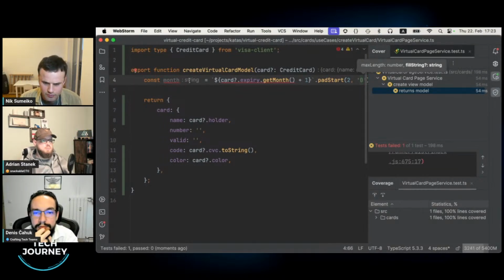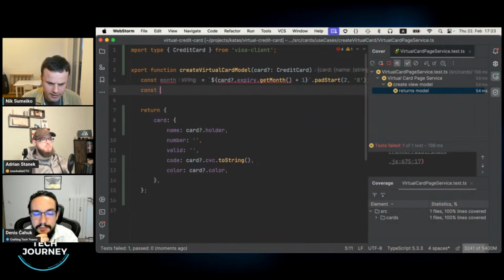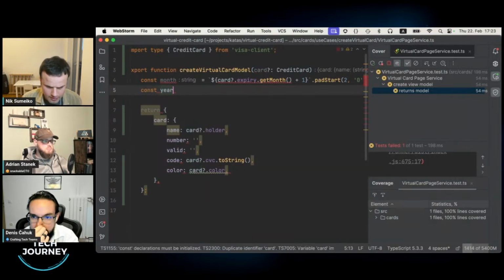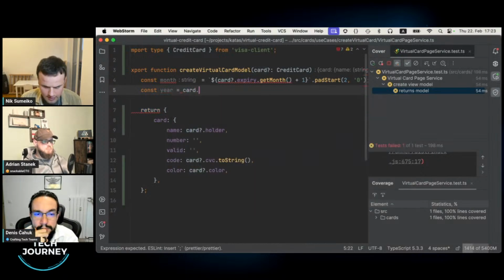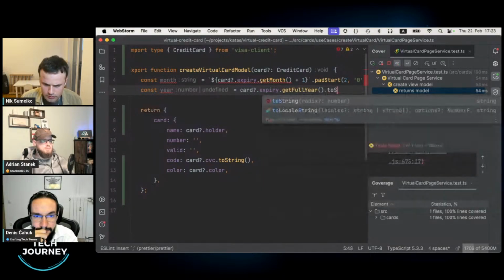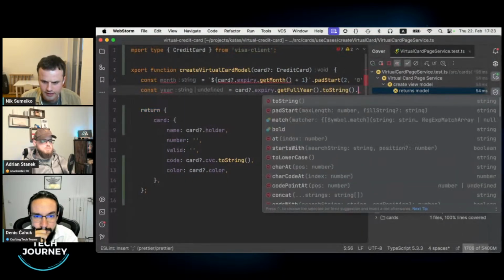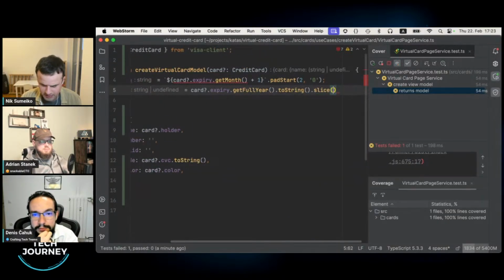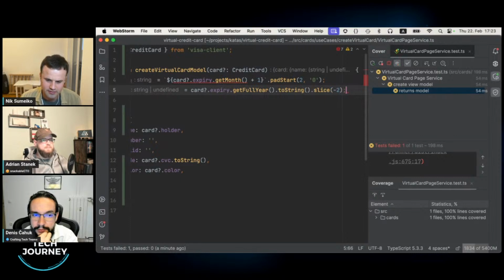This will be for months, and for the year, I will take card expiry get full year to string, and I need only the last 2 digits of the year, because get full year gives me the 4 digits. Correct. I need the last 2, and for that we probably need slice -2 will give this output. Correct.